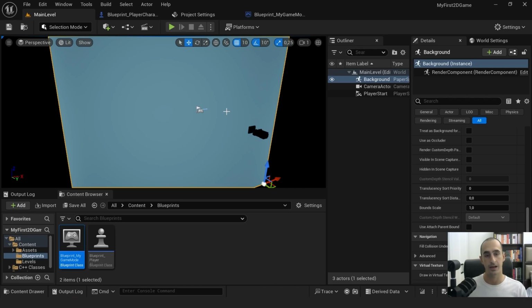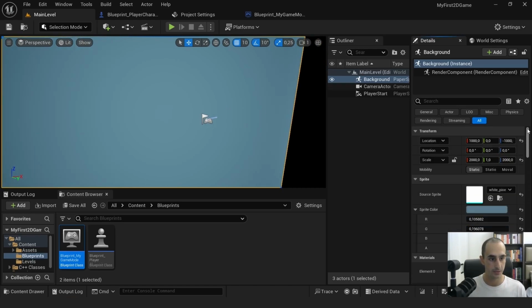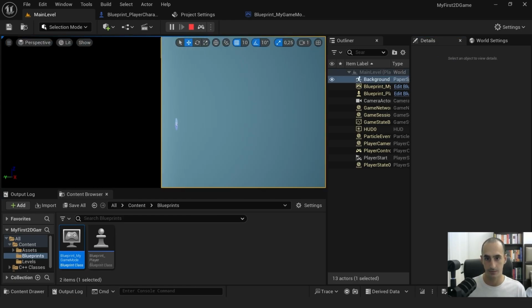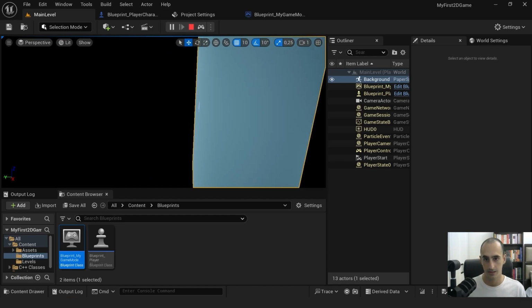The other way, I think I mentioned it in the last video, is using the Y position of these sprites. So for example, the background is currently at Y position 0. I can place this at -10, and then I can play the game. And when I do that, you will see that if you eject using this button, or you can also press F8,